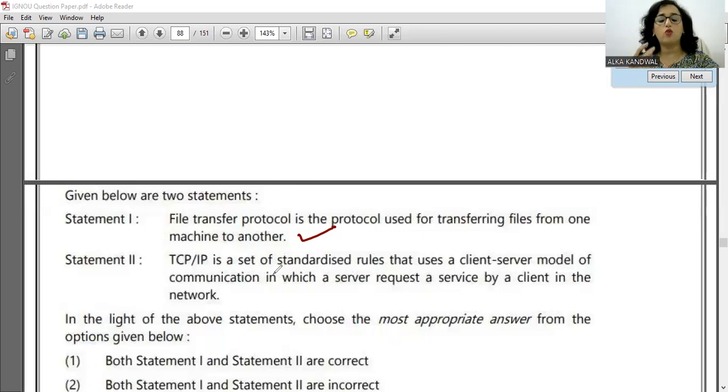ट्रांसमिशन कंट्रोल प्रोटोकॉल, आईपी का क्या फंक्शन होता है कि जो भी मैसेज आता है उसको हम कंप्यूटर टर्मिनोलॉजीज में पैकेट्स बोलते हैं. उस पैकेट्स को स्मॉल स्मॉल पार्ट्स में डिवाइड करना, उसको एक सीक्वेंस नंबर देना, उसको डेस्टिनेशन तक पहुंचाना, फिर उसको रीअसेंबली करना. That is the function of TCP/IP.